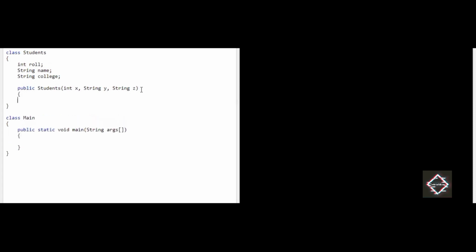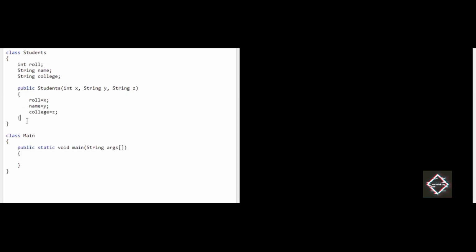When any incoming parameter comes from the object side, these variables hold the values. I'll pass the values from the local variables to the instance variables: roll equals x, followed by name equals y, and college equals z.